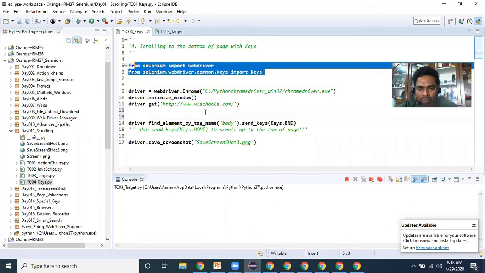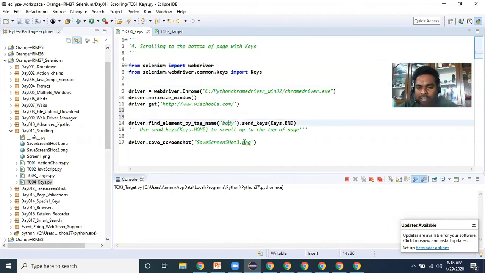Any HTML page contains a body tag, in which the developer writes all the lines of code. In any HTML page there is only one body tag. So first I'm identifying that body tag and I'm writing this predefined line, which you can write in any web page, so that scrolling will be done automatically at the bottom of the page.